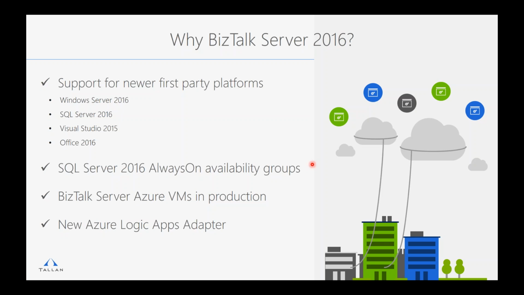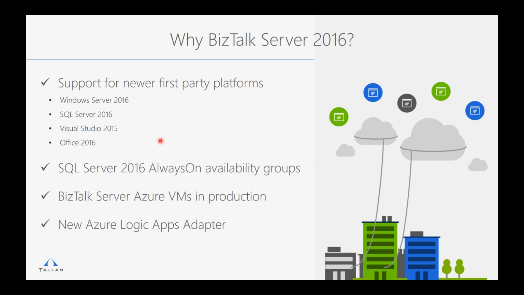So why BizTalk 2016 if you run 2013, 2009, 2010, whatever it is? One of the biggest things is platform support, obviously, to be able to get up to the newest Windows Server, SQL Server, Visual Studio, and Office.